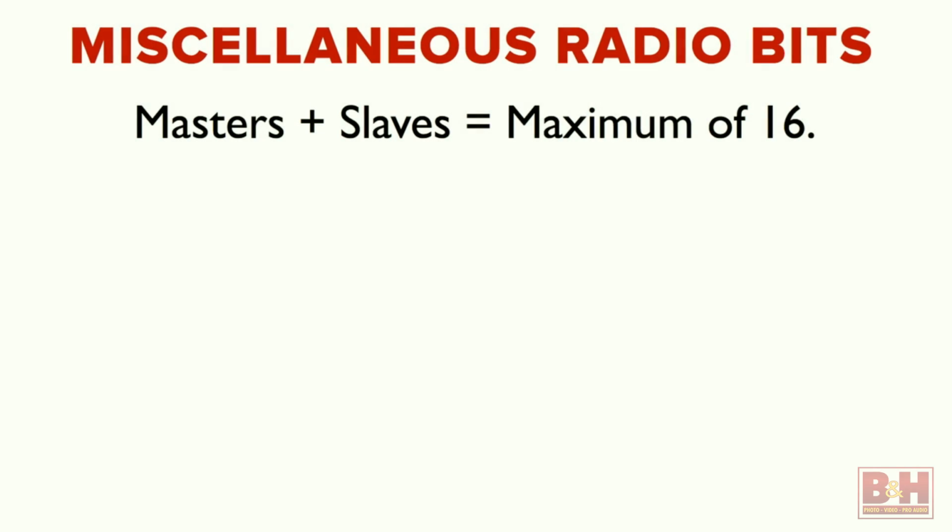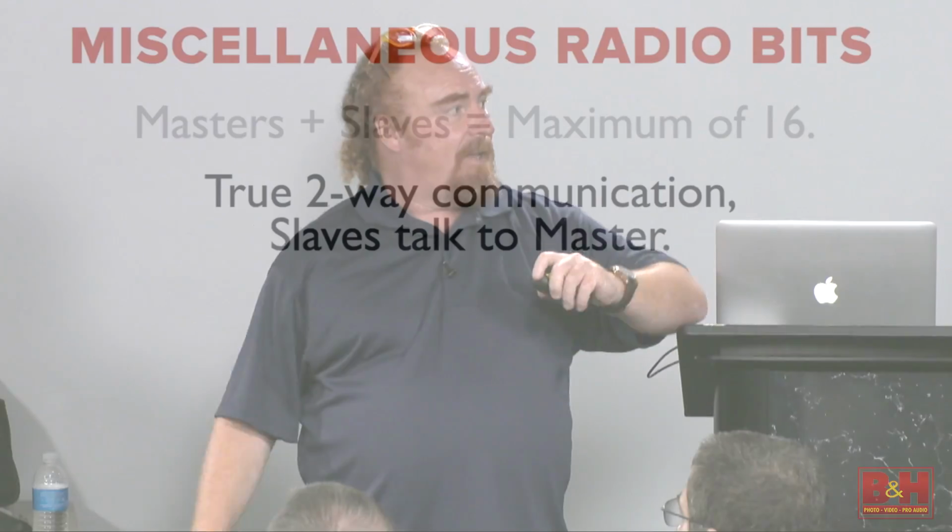So here's a shotgun of random bits about radio. We can have up to 16 devices, and that includes the master, whether it's a transmitter or speedlight. Why 16? Because the system literally keeps track of all of the individuals. With optical, the master would send out these flash pulses of light with no idea if anybody was out there. But with radio, all right,